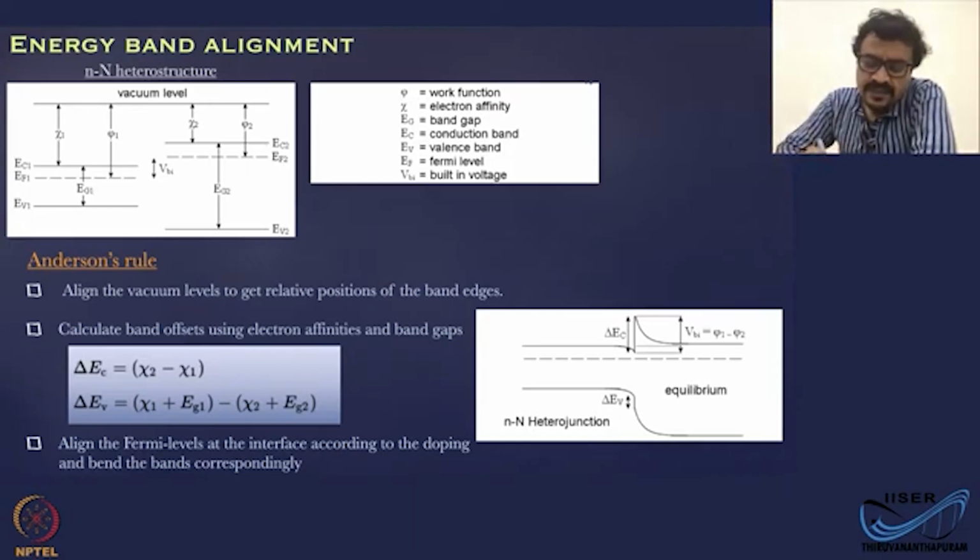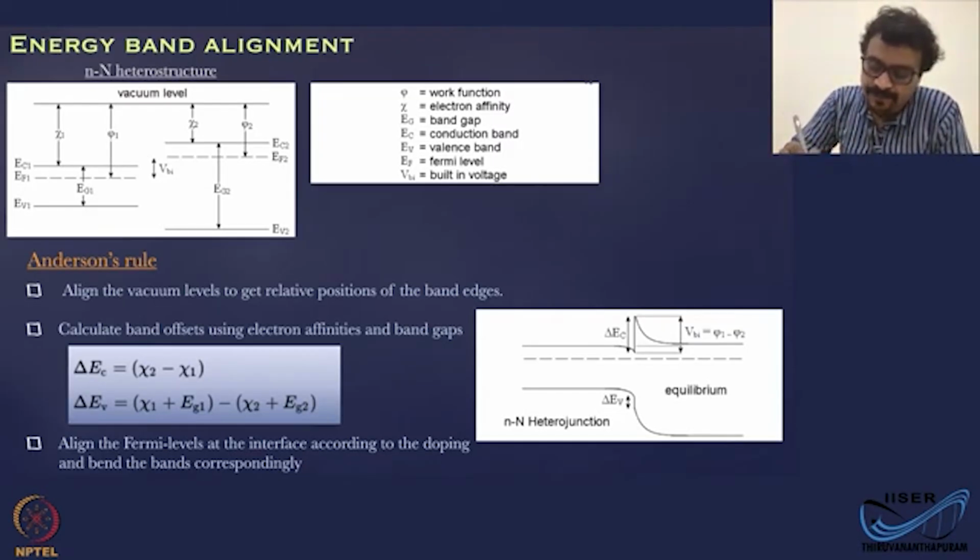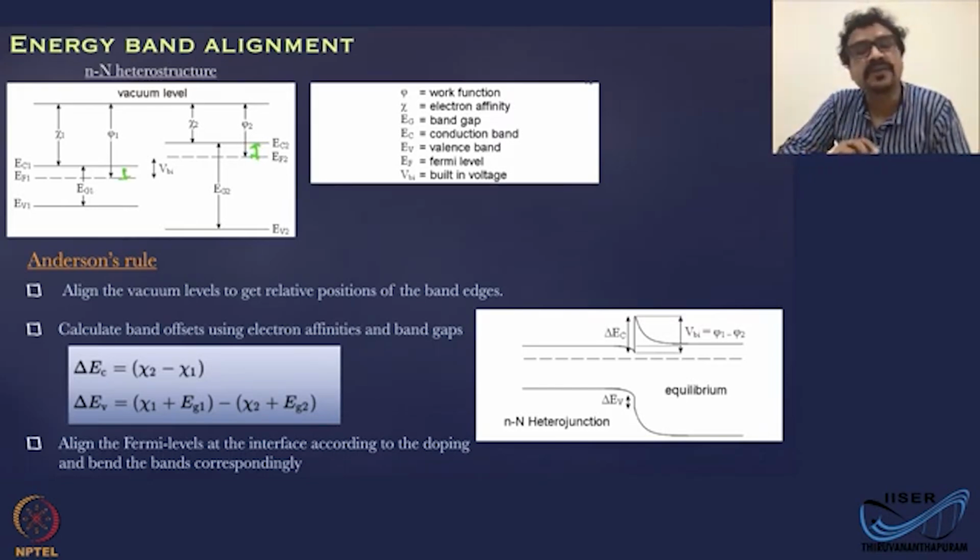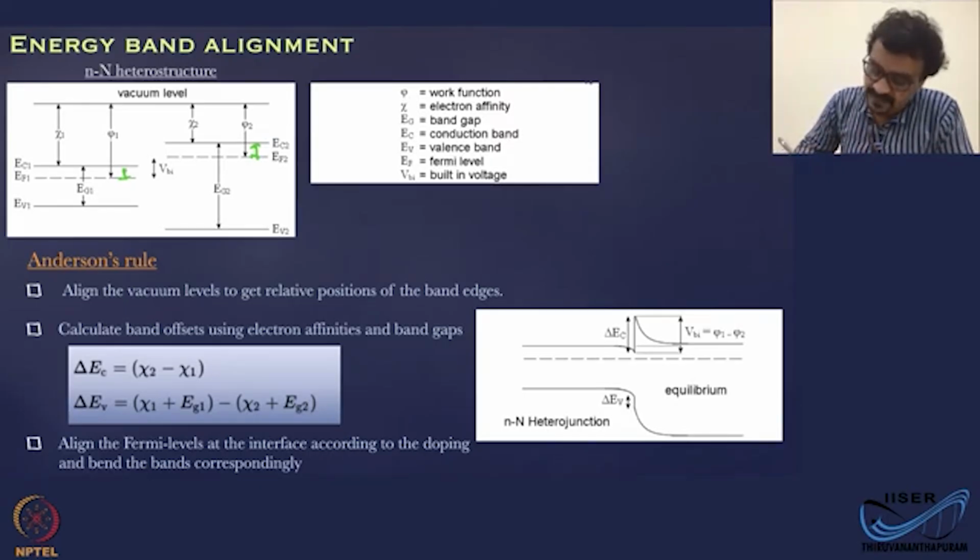Now, in this picture, what we are seeing is two semiconductors, both are N-type. Both of the semiconductors are actually N-type semiconductors. We can see that because the Fermi level is close to the conduction band in both cases. And the vacuum level is somewhere here,